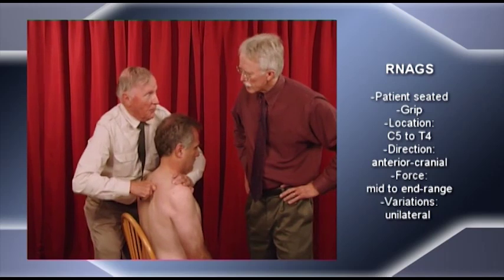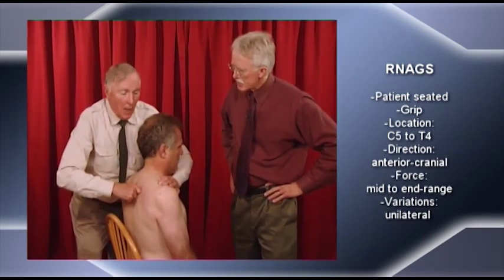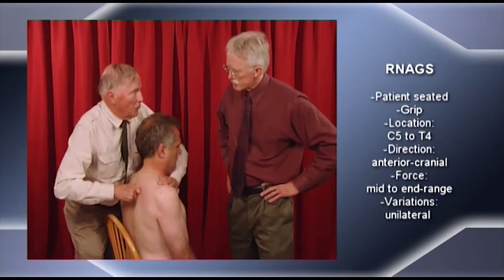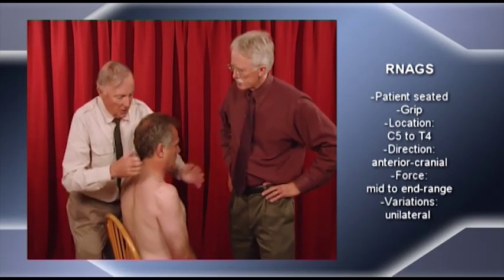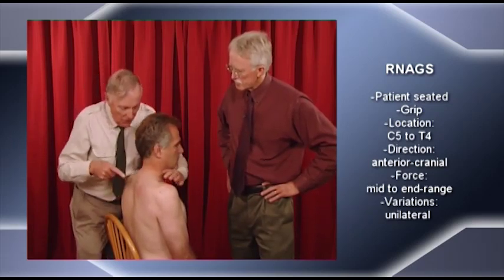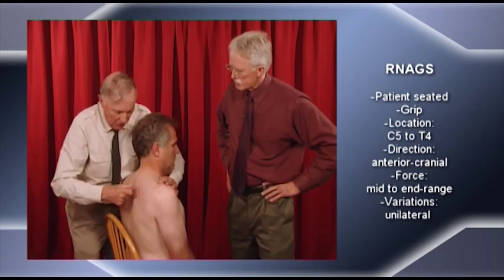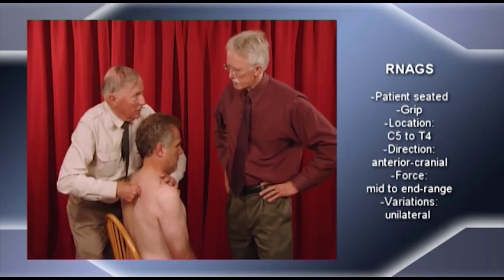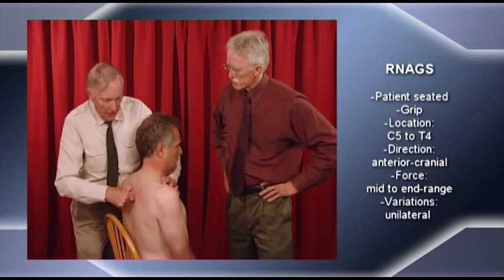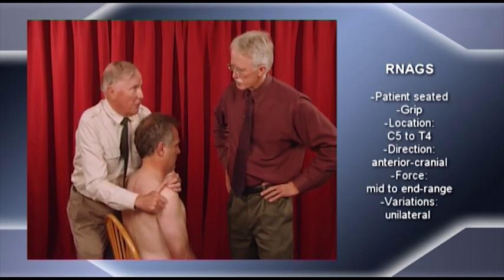Now, it's not a gross movement, because you can't move it that much, but it's a difficult movement. And I tend, when teaching, to make it a unilateral movement, because people usually have a restriction on one side only. The head won't go right round, so that would be the side to which you work. So you can use then your index finger, like you did, or you can use your thumb, say on this side,